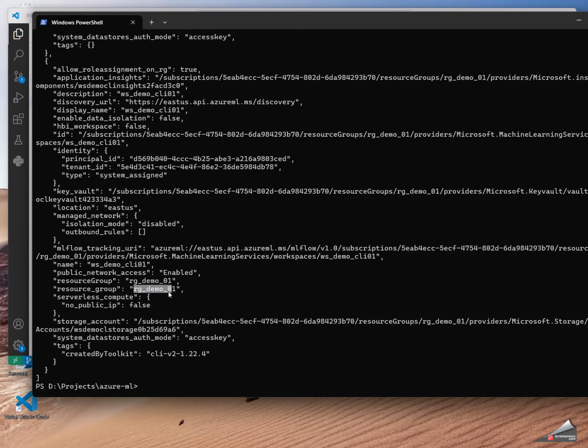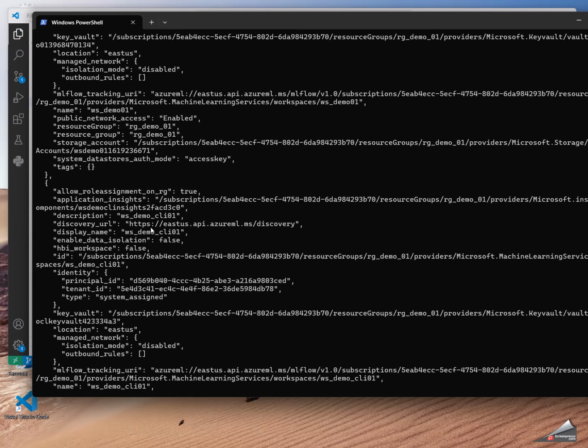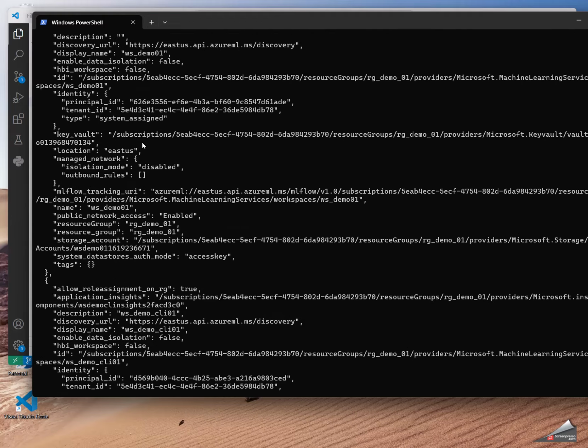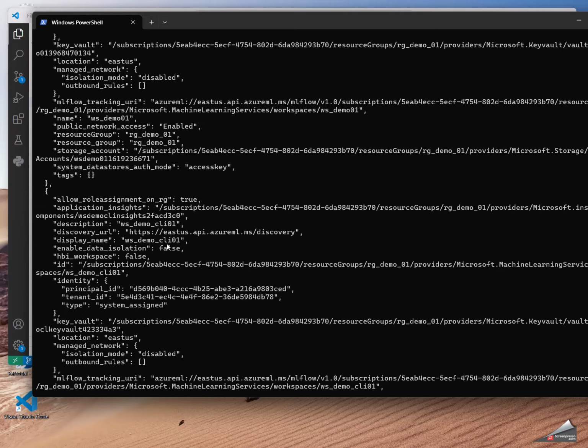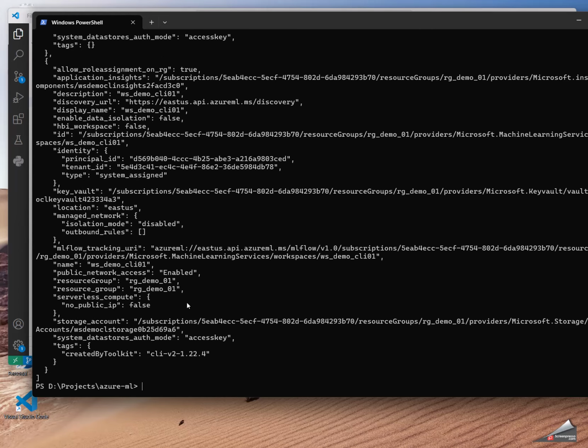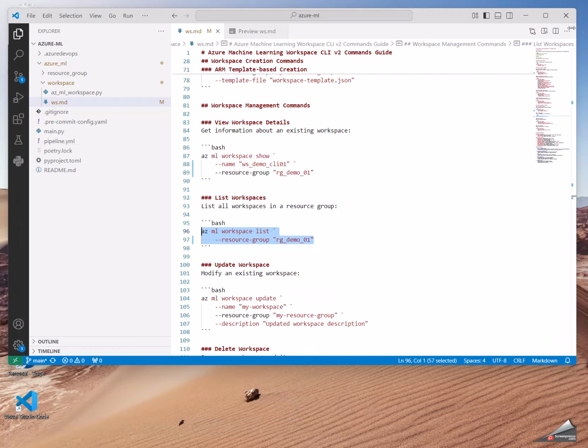You can see resource group demo 01, and the other one, resource group 01. That's only one. Okay, the other one is assigned to a different resource group.